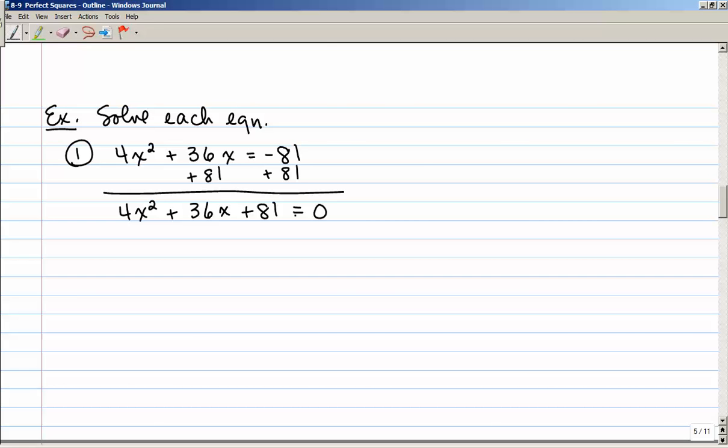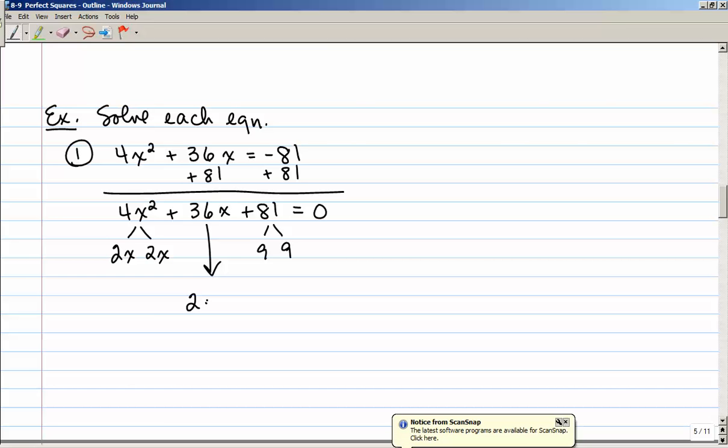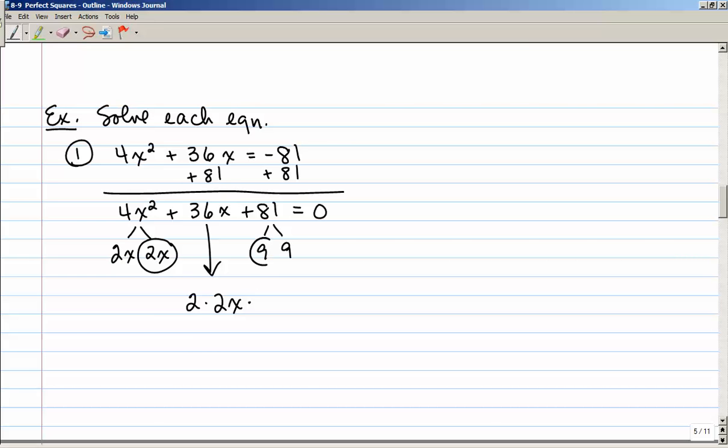Now, is the left-hand side of the equal sign a perfect square trinomial? Let's try it. 4x squared is 2x times 2x. 81 is 9 times 9. Is 36x 2, because there's always a 2 in the formula, times 2x times 9? 2 times 2 is 4. 4 times 9 is 36, 36x. Indeed it is. So this can be factored into 2x, because there's a plus here, there's a plus in my answer,